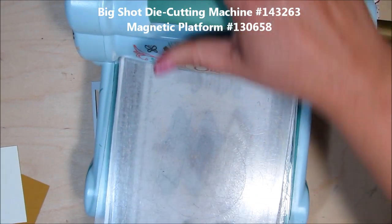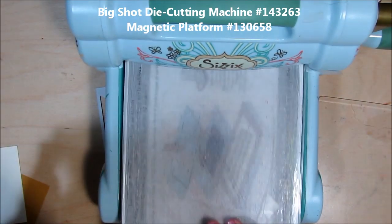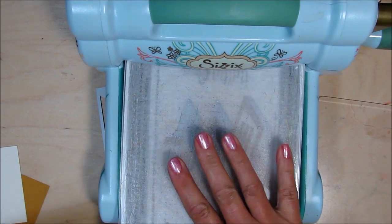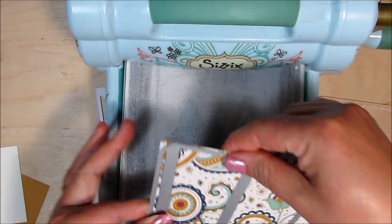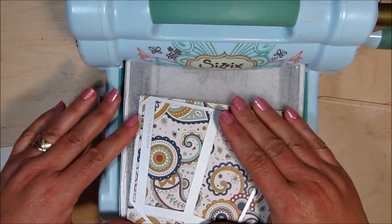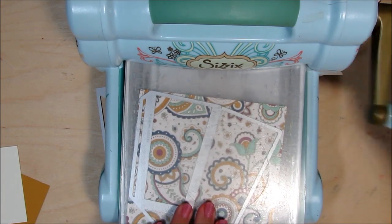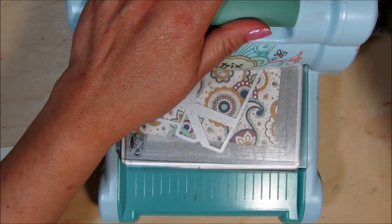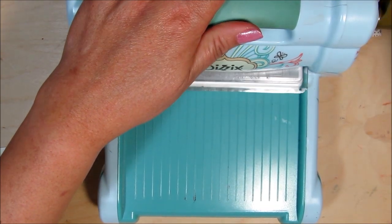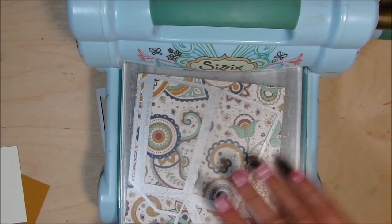Okay, here we go. Since I'm not using my grid sheet, and it's not going to move everything around on my grid sheet, I've got my magnetic platform. I've got a very well-loved cutting plate here, and then I'm going to just go ahead and put this on my platform here. Put the other platform on, and then roll it right through. Okay, just roll it backwards, since I don't have a whole lot of camera space. Okay, all right, now